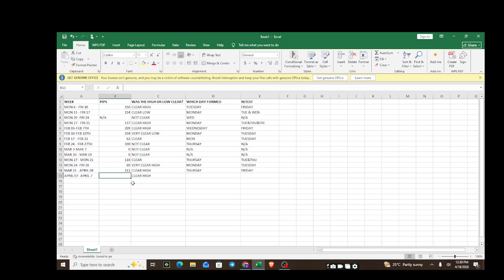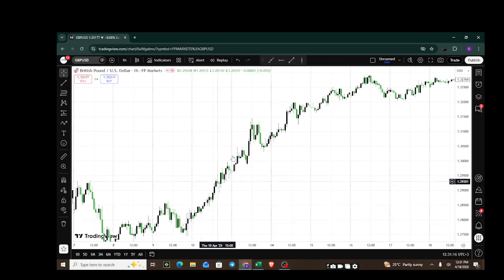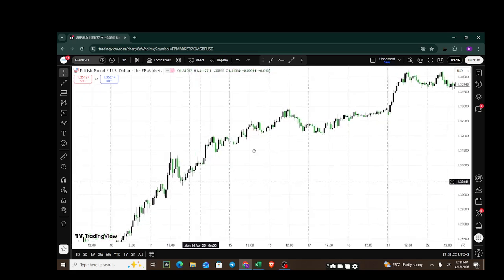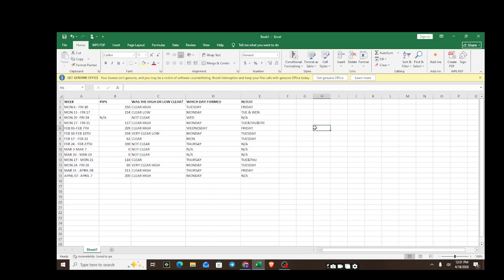Now we are assuming that we did not know what is going to open on Thursday, last day. So it gave us around 200 pips, and then it was formed on Monday. Then there was no retest because price later reversed. So we had a retest on Wednesday before price changed direction all the way. Okay, now up to that point, using this data, I would like you to continue with this exercise